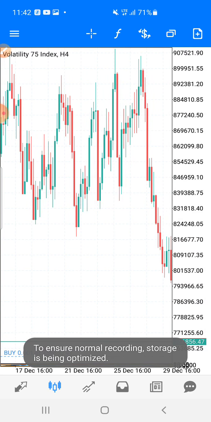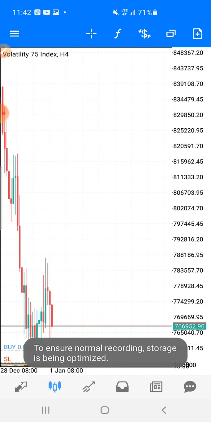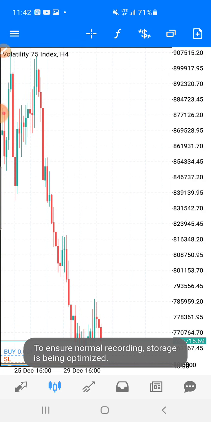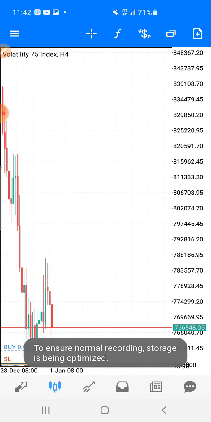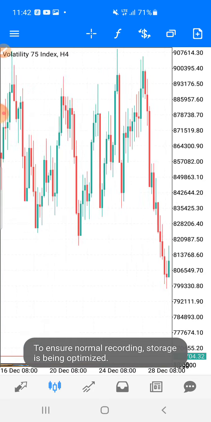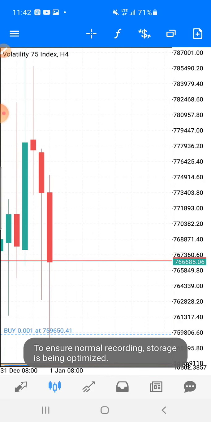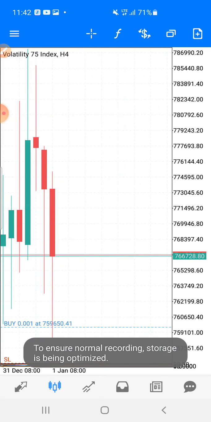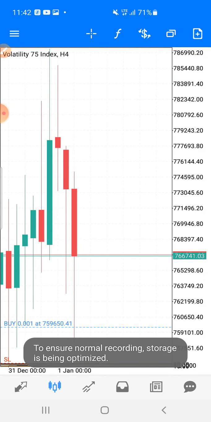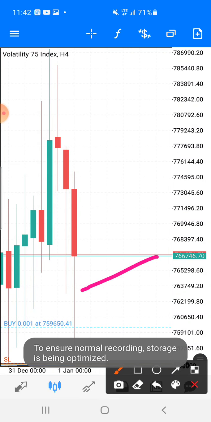On volatility 75 or on 50, all you need to do, just two things here: you just need to discover a support level or resistance level, then after which you look for quick rejections. All right, you know what a quick rejection is, right? Let me show you in case you don't know. You can see all these wicks, or shadows, anything you call them. All those lines you are seeing there are quick rejections.